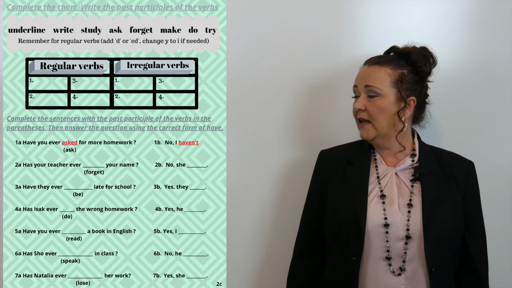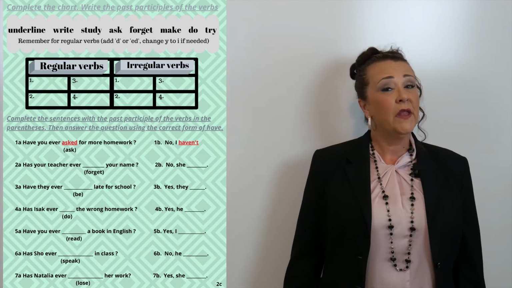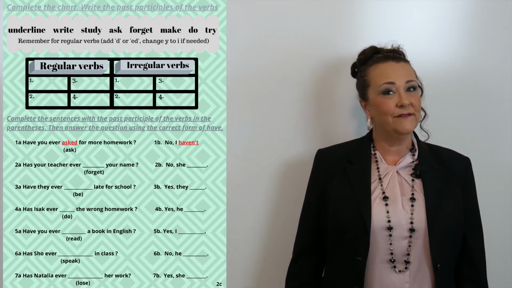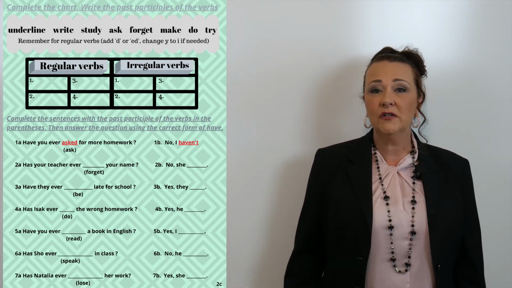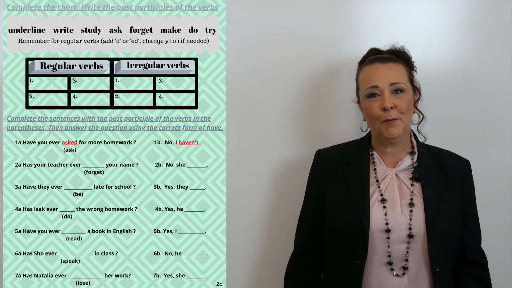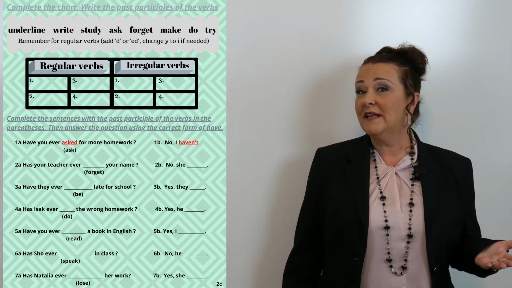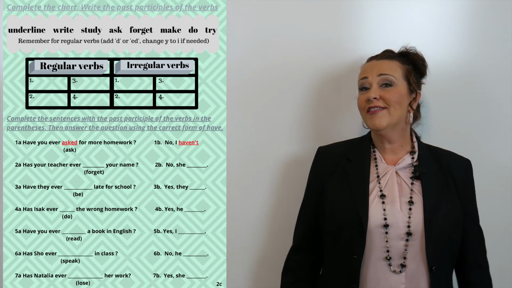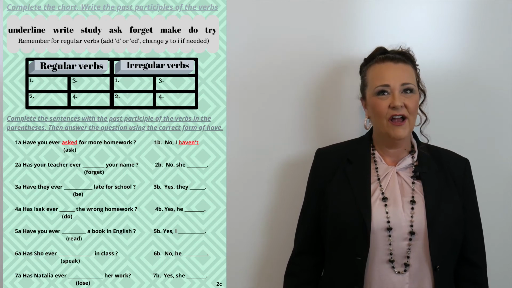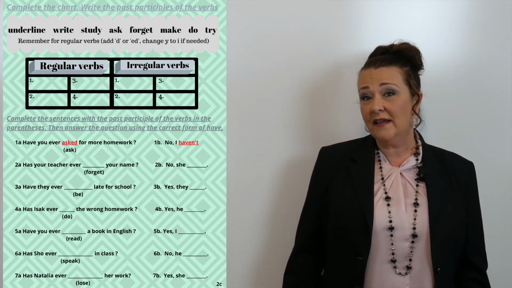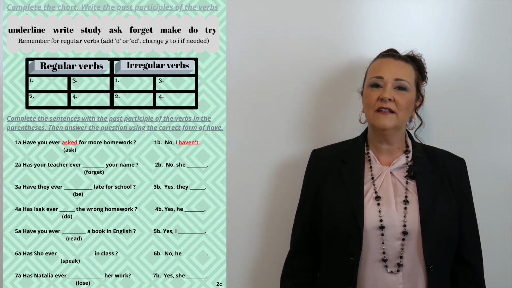So on your screen, you will see regular verbs and irregular verbs. On the top are a choice of verbs in their base form. The first thing I'd like you to do is take those verbs in their base form and decide, are they regular, which means I'm going to add ed, or are they irregular, which means I'm going to have to do something else. Fill in the boxes for the regular and the irregular verbs first, and then try to do the